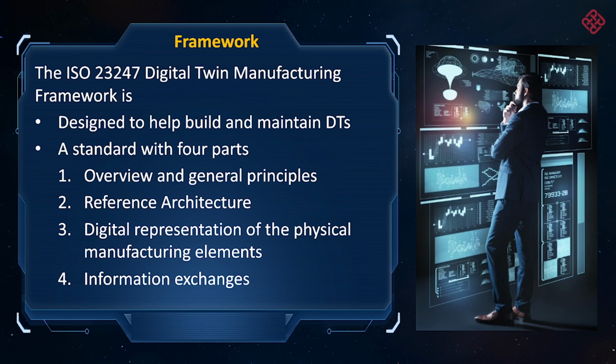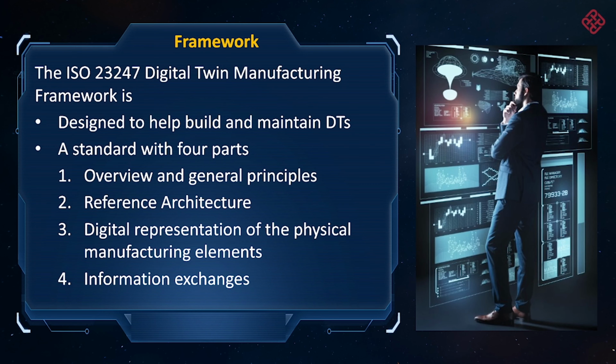Third one is digital representation of the physical manufacturing elements, and the last one is guidelines on how to provide information exchanges among the various types of systems, especially between the physical and the virtual systems. So it sort of forms compulsory and universal standards that one has to follow. But nevertheless, if history is a guide, in the next 5 to 10 years or more, we should expect more universally accepted digital twin applications to be